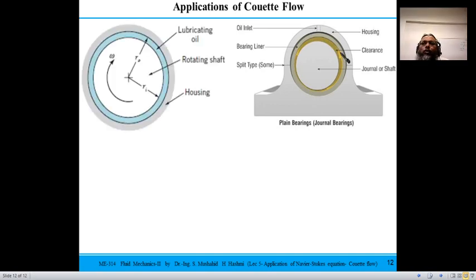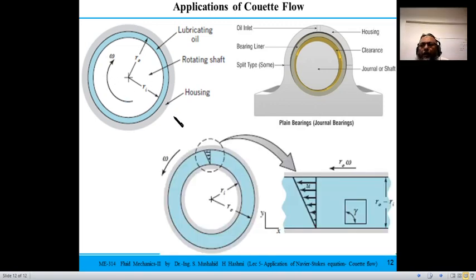And if you look closely, you can see this top plate is moving with the velocity